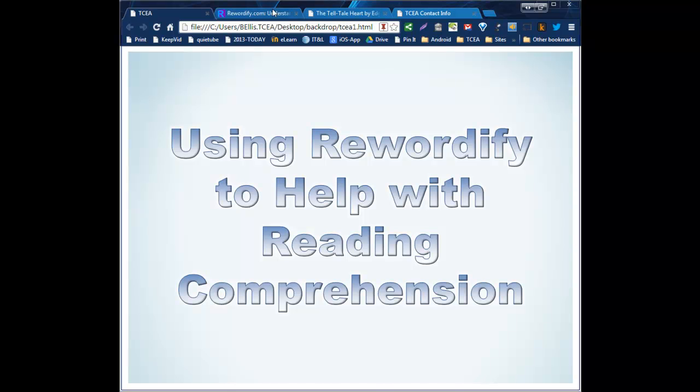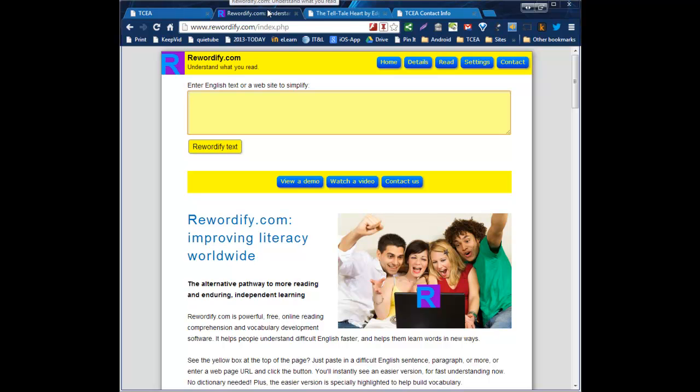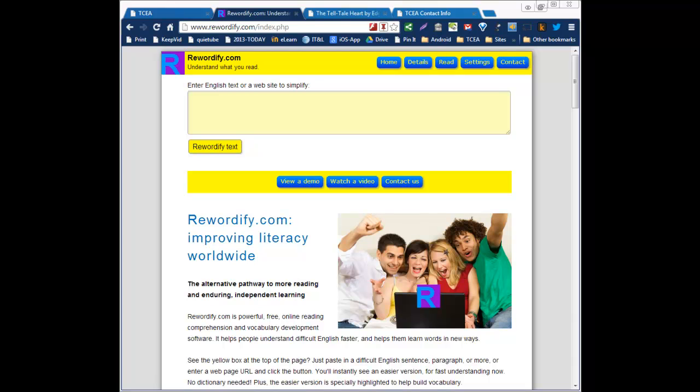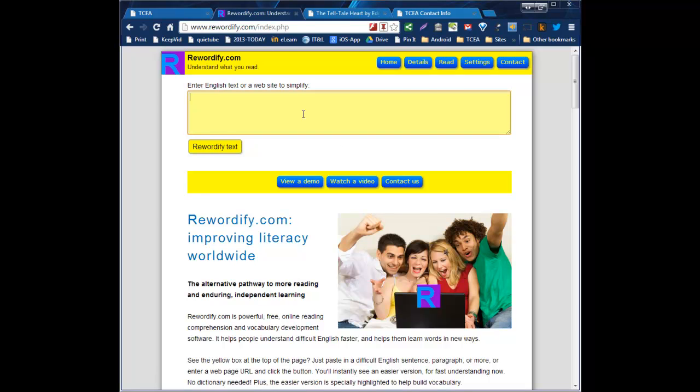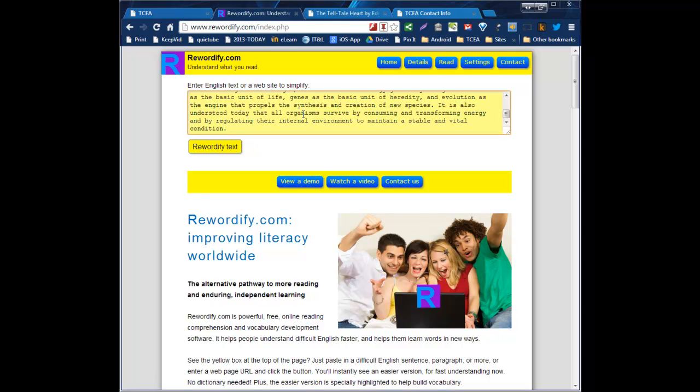Let's start by going to rewordify.com, and here very simply they can copy and paste the text in and have it reworded, or if it's a specific URL they can paste the URL and it'll have that site reworded. So let's start and show an example of just using text. Here I have text that I've just copied and pasted, that I copied from the biology page from Wikipedia, and